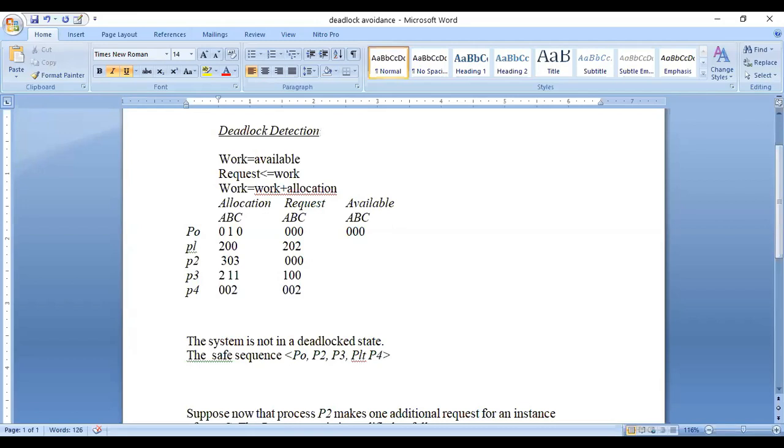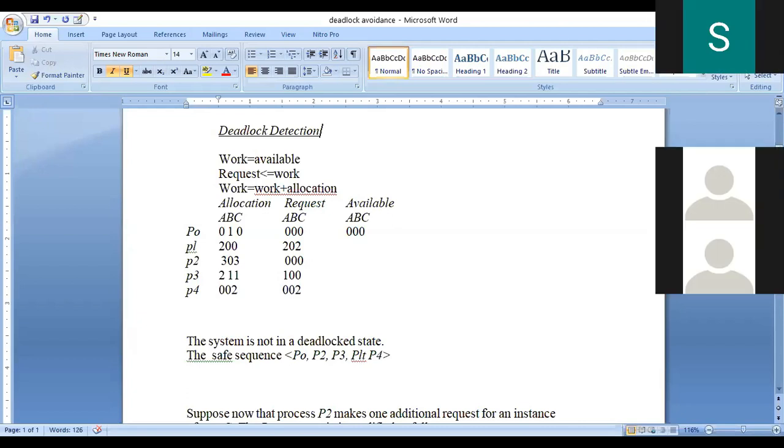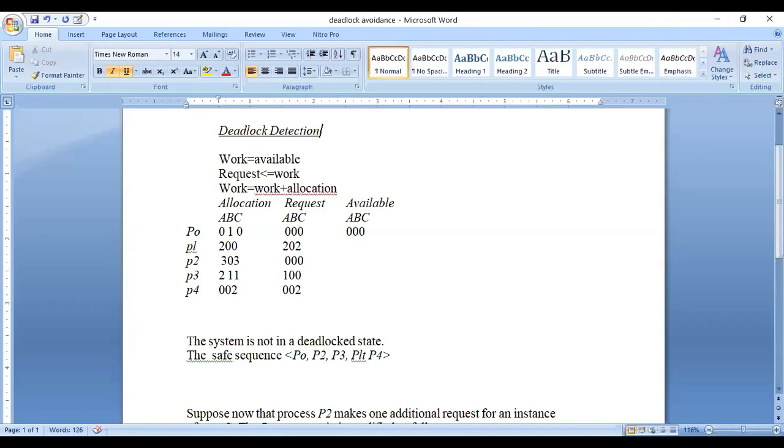And request indicates the current request of each process. So these are the definitions of available, allocation and request.